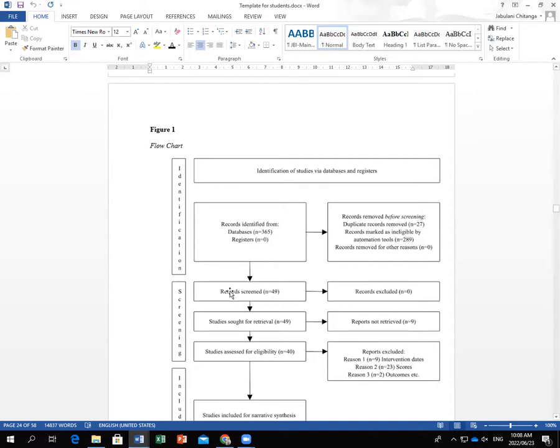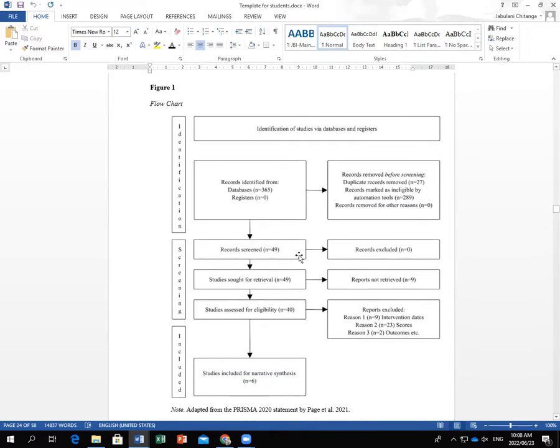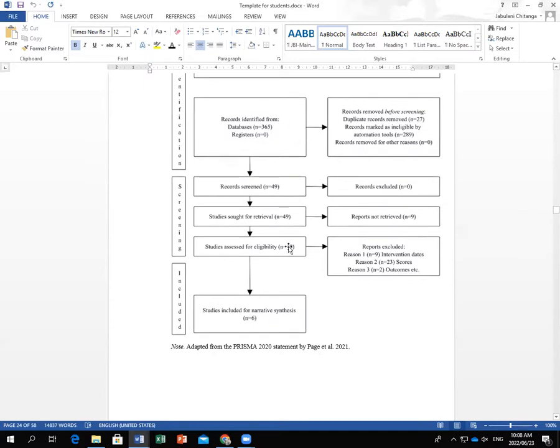And then the screening, this is the abstract screening. How many were identified? How many were screened? Something like that. So we need a figure like this, so that we can record everything that is happening. Don't forget to do that. Okay, we are going to include this in our